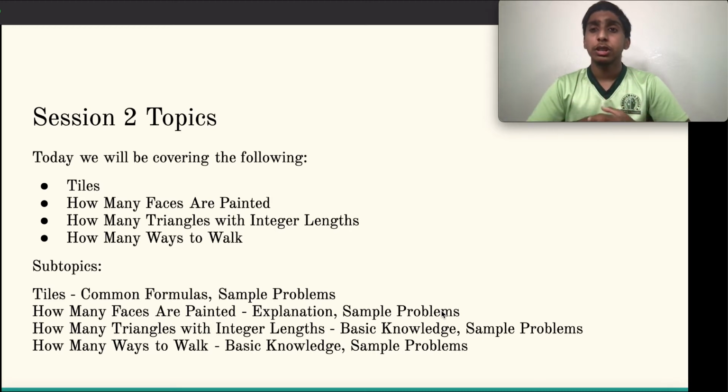And in this, our subtopics are tiles, common formulas and sample problems, how many faces are painted, explanation and sample problems, how many triangles with integer lengths, basic knowledge and sample problems, and how many ways to walk, basic knowledge and sample problems. Now, you guys might be thinking, that's a lot of basic knowledge and explanation. When I say basic knowledge and explanation, it's simply just going to be a 1 or 2 sentence overview of the concept or what you need to know. And we'll just go into a few formulas for each one that will help you understand and use them